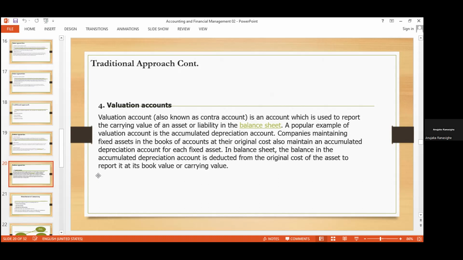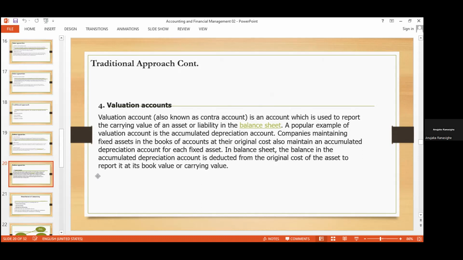Valuation accounts are prepared by all the contra entries, not for the statements. A valuation account is an account which is used to report the carrying value of assets or liabilities in the balance sheet. Carrying value,